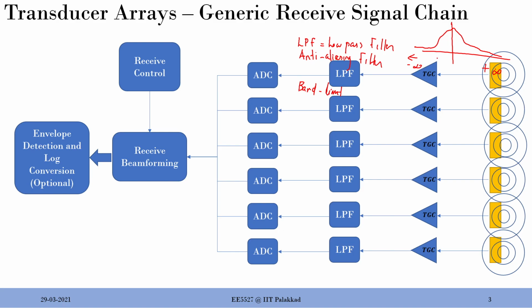So we need to band limit this signal, so you pass it through a low pass filter, something like this. This is obviously assumed to be 0, so there will be some band limit, and this part is all chucked off. This bandwidth will help us determine a sampling rate for the ADC. So that filter is very, very important. You choose a sampling rate, and based on that you put a cutoff for this filter. So the picture you should get is that the low pass filter is a band limiting filter, not band pass, which will make the bandwidth of the analog signal band limited. It should not extend from minus infinity to plus infinity. There should be some limit to it, so that I can sample it.